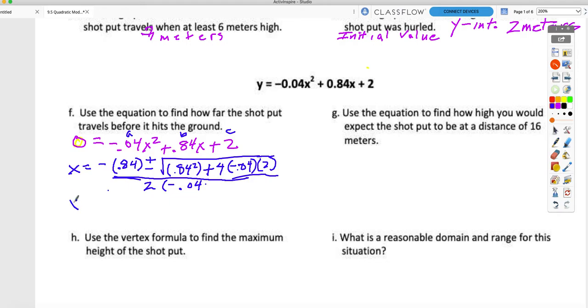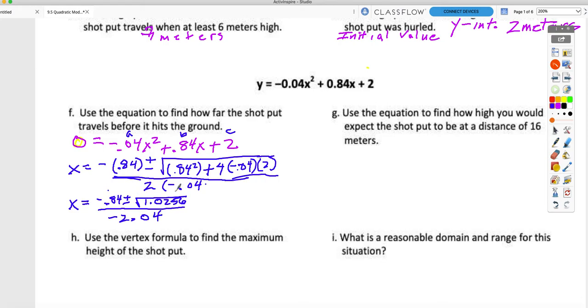All right, move it down some. x is equal to negative 0.84 plus or minus the square root of what comes out of that after I plug it into the calculator, which is 1.0256, and that is all over